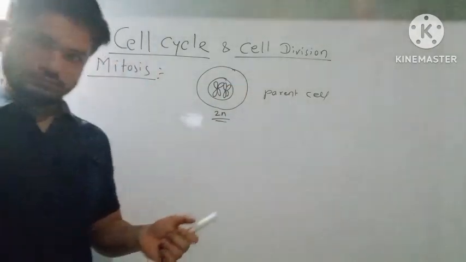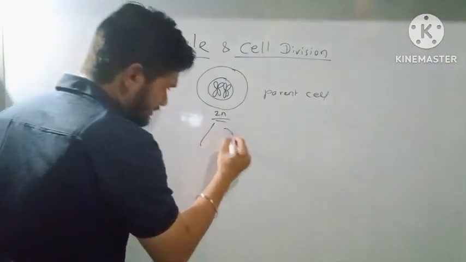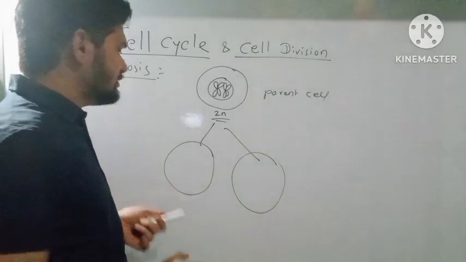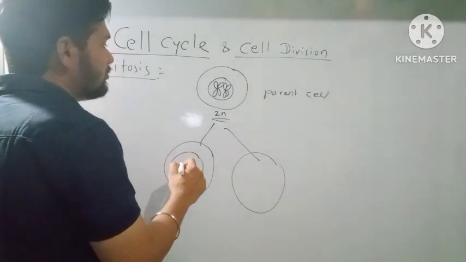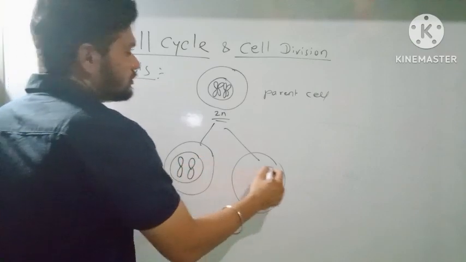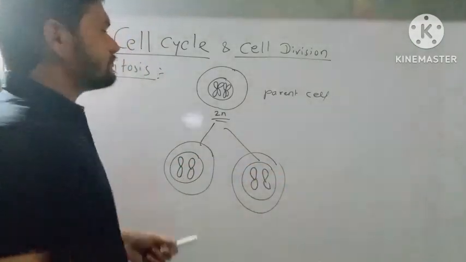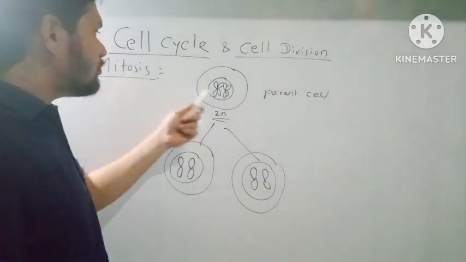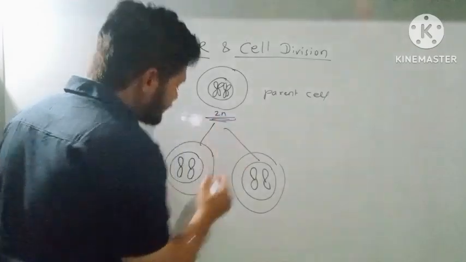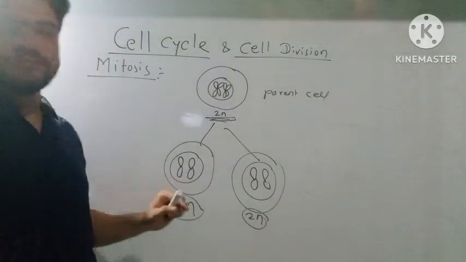The cell will divide to form two cells at the end of the mitosis, and those cells will have the diploid nucleus, which means the chromosomes are not getting reduced. A diploid cell is producing diploid daughter cells,